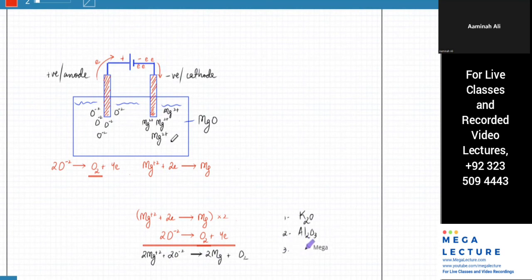The third one is magnesium nitride. Do that one. And all of them are molten and inert electrodes are used. Okay, send me the answers to these by tomorrow, all three of them along with the diagrams, exactly the same way. I'm going to share the board link with you as well, just once.